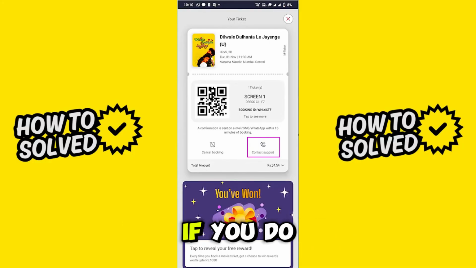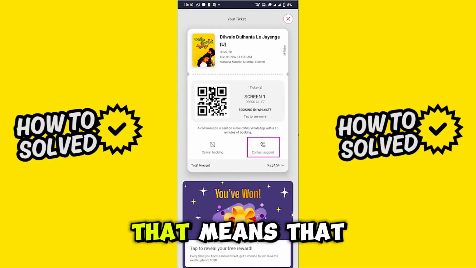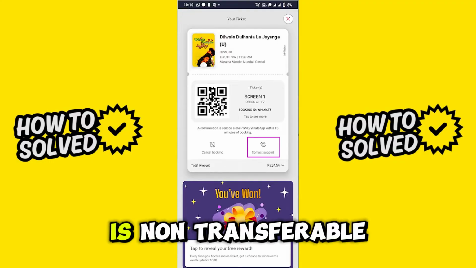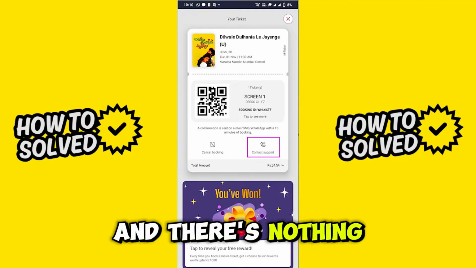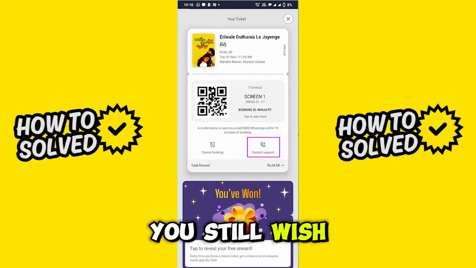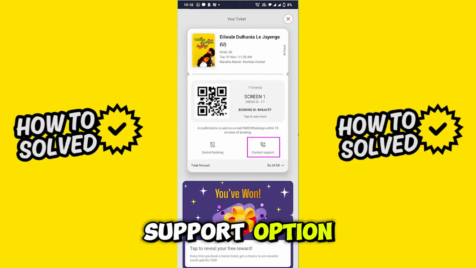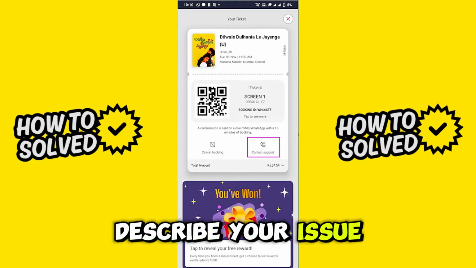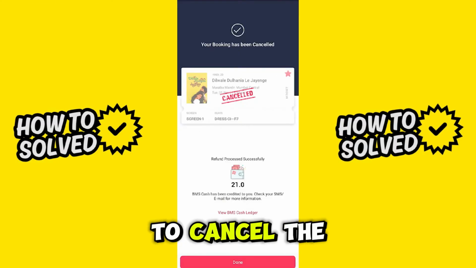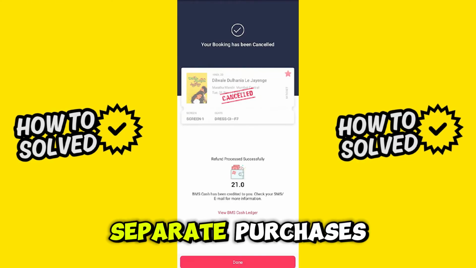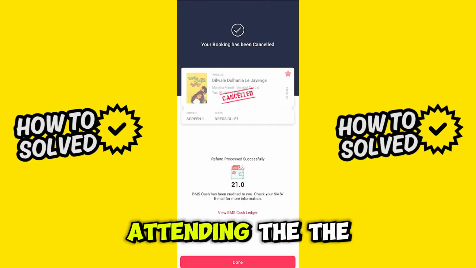Like I just said, if you do not see the transfer option, that means that specific ticket is non-transferable and there's nothing you can do about it. If you still wish to go ahead and maybe try to transfer, select the Contact Support option I've highlighted and describe your issue. Alternatively, you do need to cancel the booking and make two separate purchases for anyone who's attending